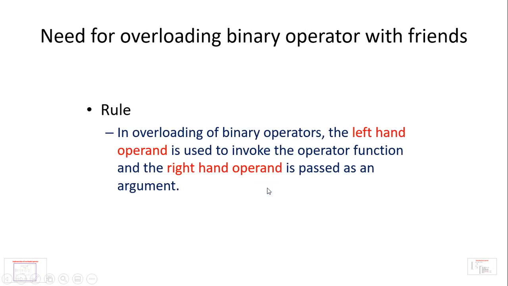What is the rule? In overloading of binary operators, the left hand operand is used to invoke the operator function, whereas the right hand operand is passed as an argument. Okay. So if you look into this,